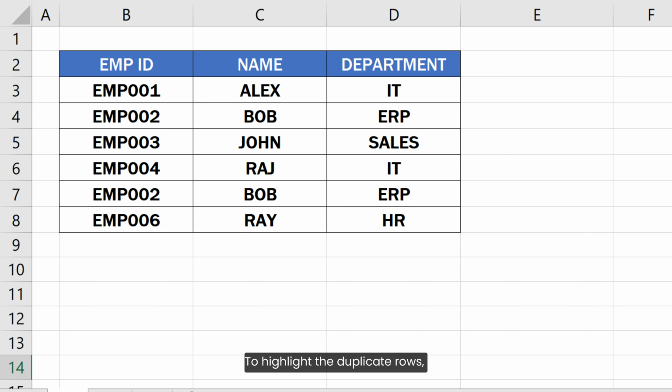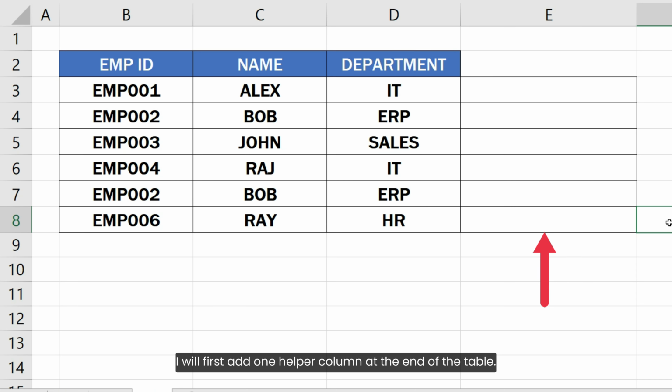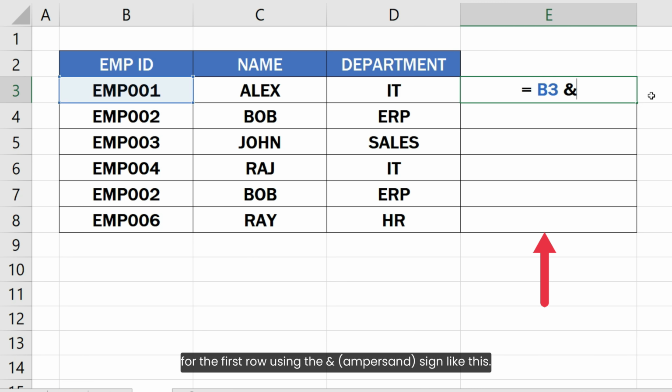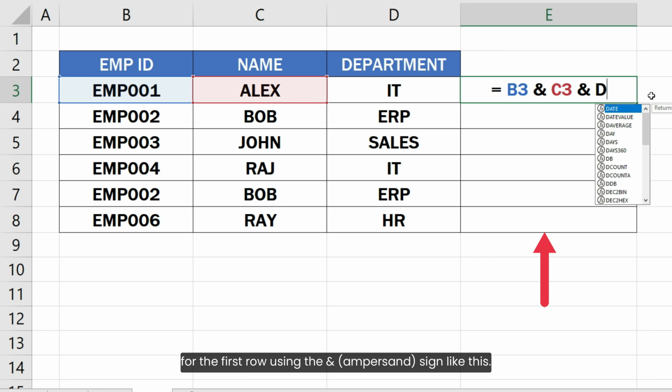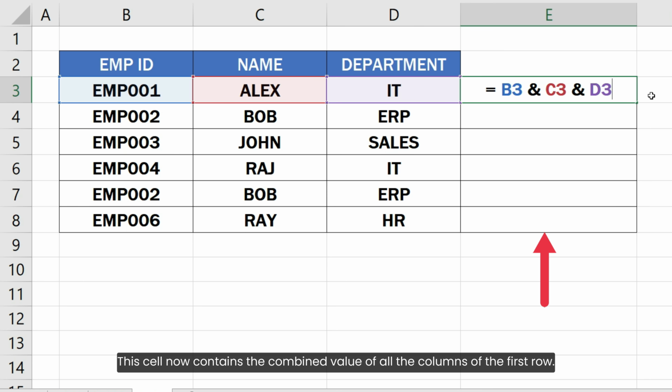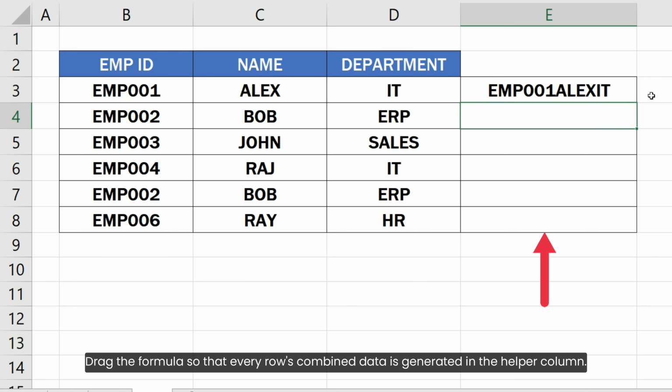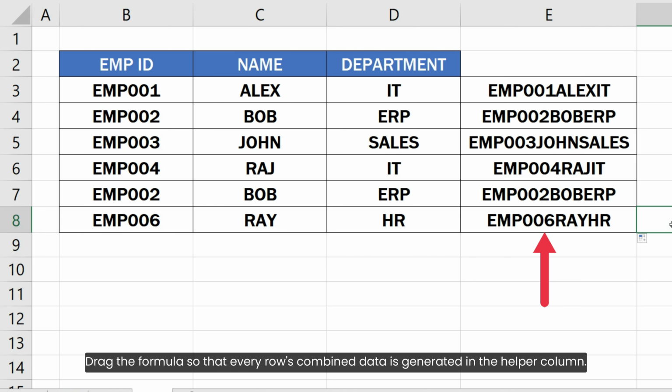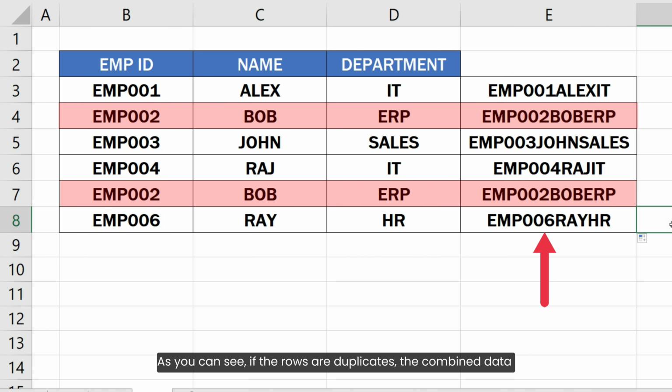To highlight the duplicate rows, I will first add one helper column at the end of the table. Now I will join all the column values together for the first row using the ampersand sign like this. This cell now contains the combined value of all the columns of the first row. Drag the formula so that every row's combined data is generated in the helper column. As you can see, if the rows are duplicates, the combined data in the helper column cells are the same,